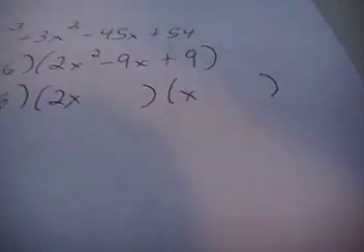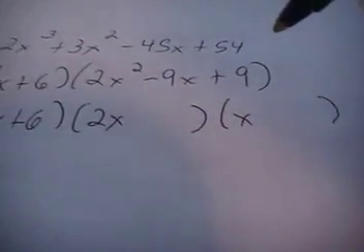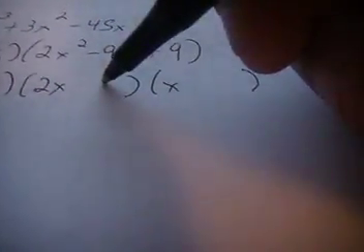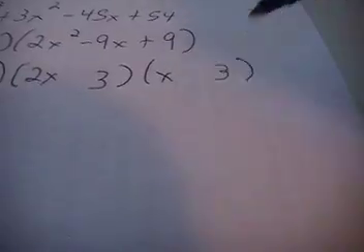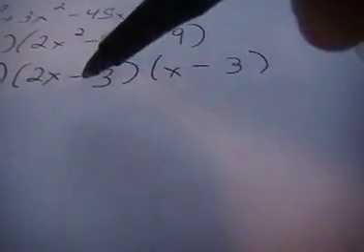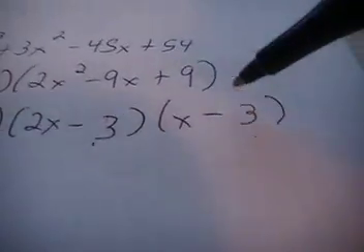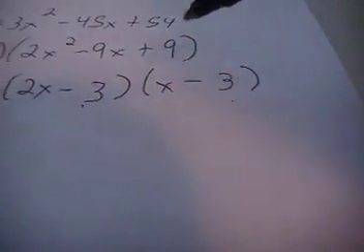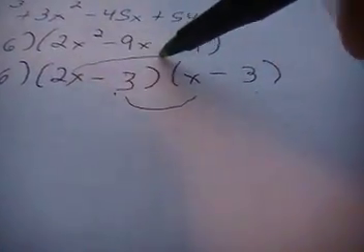Let's see if 9 and 1, we got to try to multiply to 9 but add up to a negative 9 in the middle. 3 and 3, see it's going to be 3 and 3. And they're going to both be negative because I need negative 3 times negative 3 to give me this positive 9. And then if I do the inside and the outside in reverse FOIL,